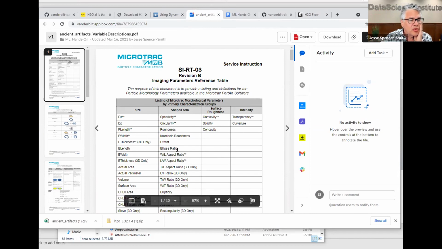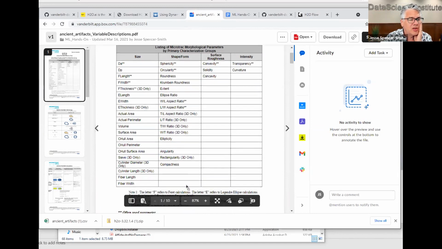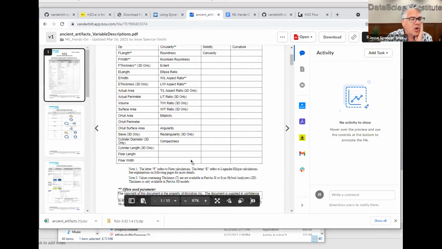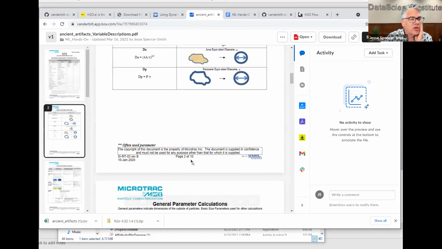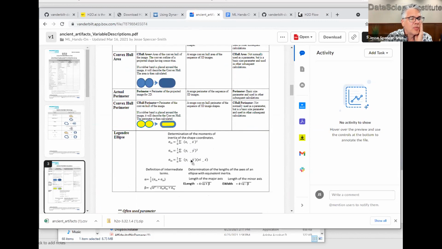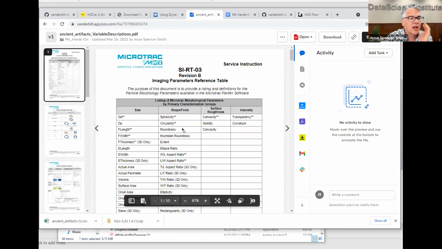Is it ellipse ratio? Is it ellipticity? Is it angularity? What else do we have here? We have all these different types of things that are defined here. And one of the things that's defined is transparency. How see-through is it? Let's go back and see what H2O is telling us.